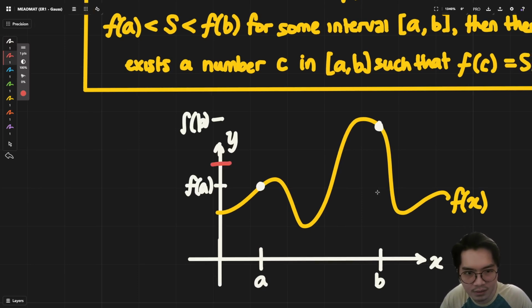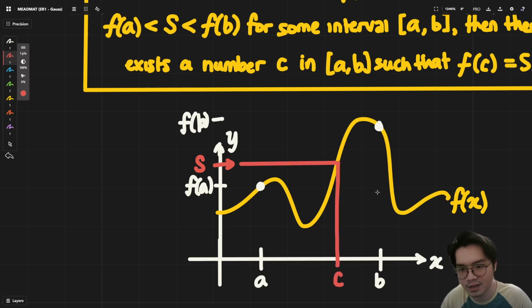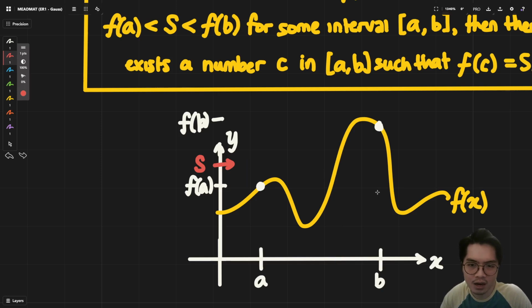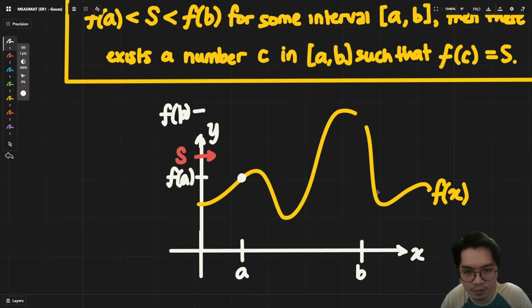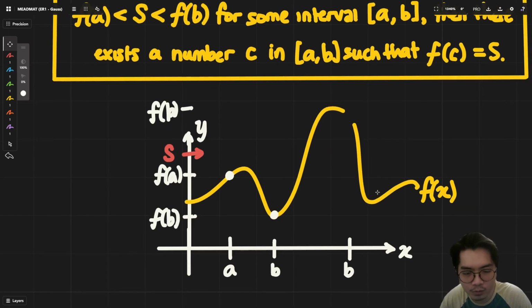For example, C is here. Oh, sorry, your S is here. If you track that there, congratulations, there is an intermediate value, right? So you might say, well, it just so happened to work again. What if, say for example, your B is here? So if that is between f of A and f of B, well, what's supposed to happen now